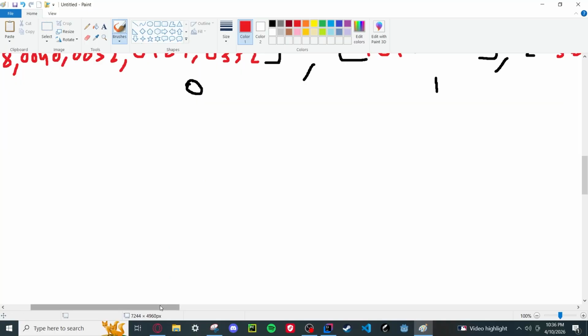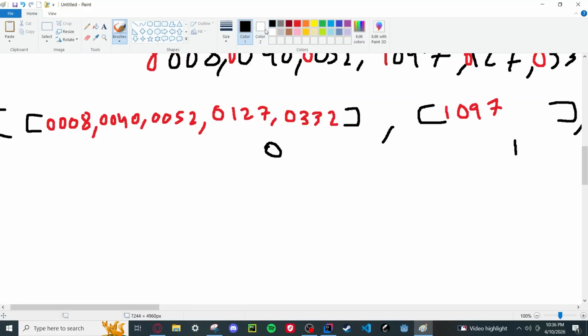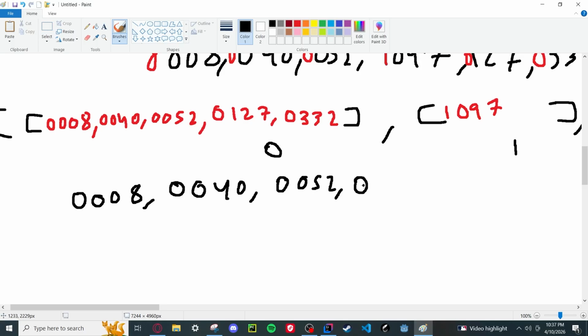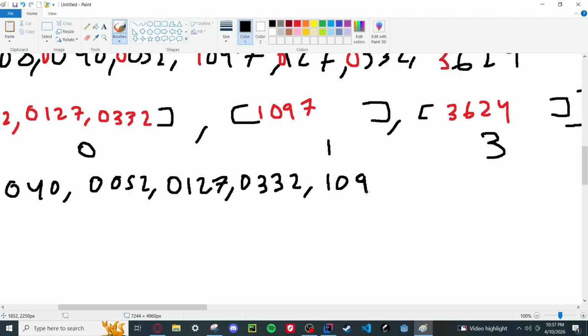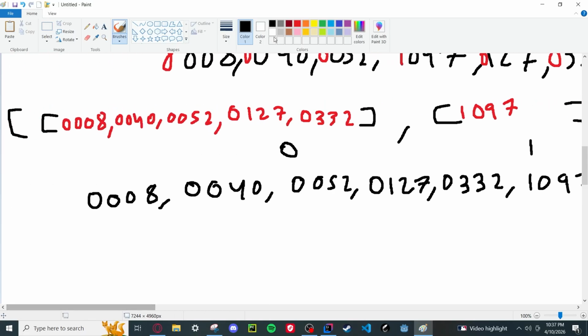So when we debucket all this and set it back into the array, we're gonna get a 0, 0, 0, 8, a 0, 0, 4, 0, 0, 0, 52, 0, 1, 2, 7, 0, 3, 3, 2, 1, 0, 9, 7, 3, 6, 2, 4,